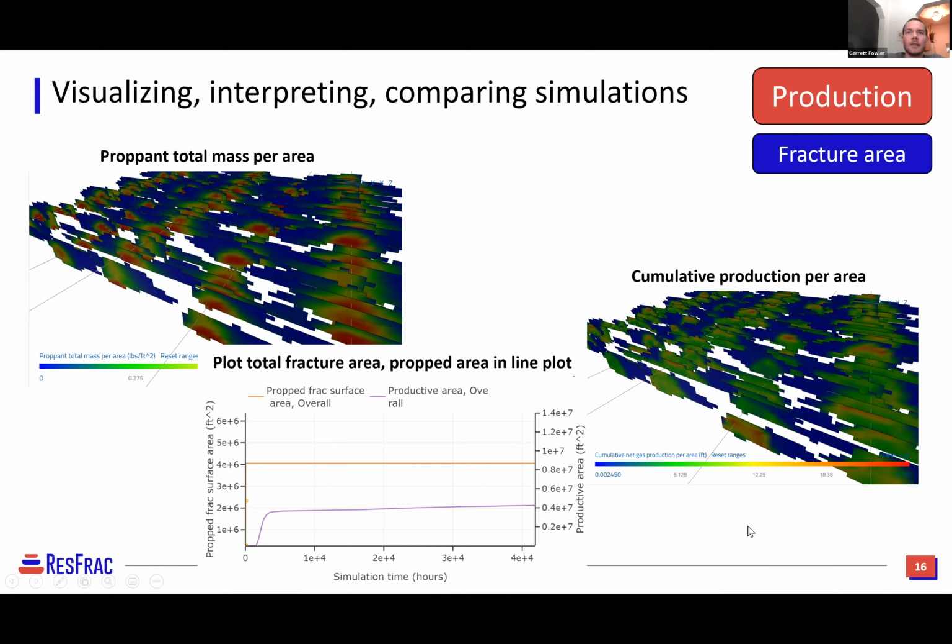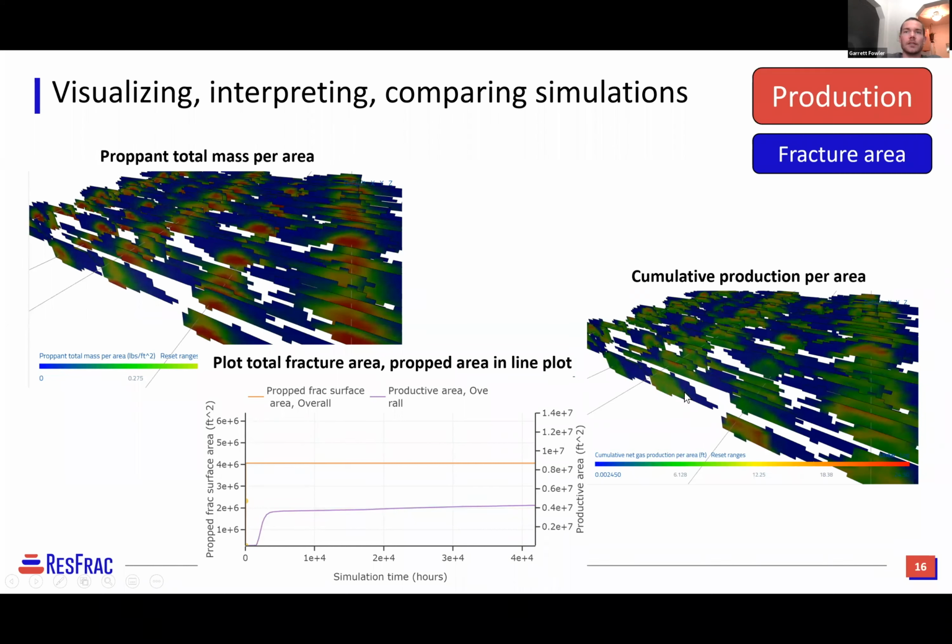And during production, there are other metrics that I continue to like. So similar to the leak-off heat map, you can create the same for production, which I'm showing here in the lower right. So you can choose a phase. In this case, I chose gas. And you can plot where that gas is coming from. This is particularly helpful for identifying if you have pay and non-pay, and ensuring that your productive phase, either oil or gas, is coming from where you want it to come from, or where it's supposed to come from,